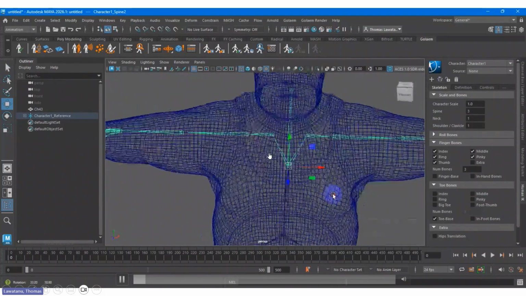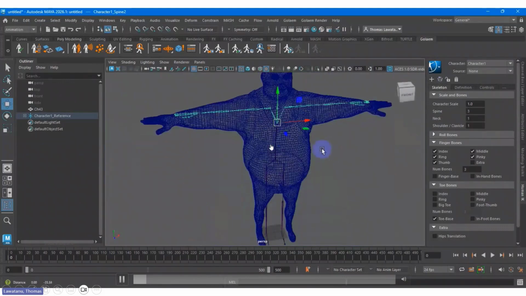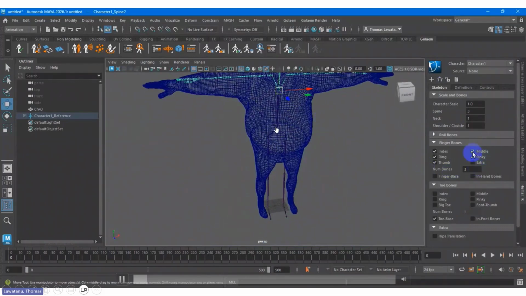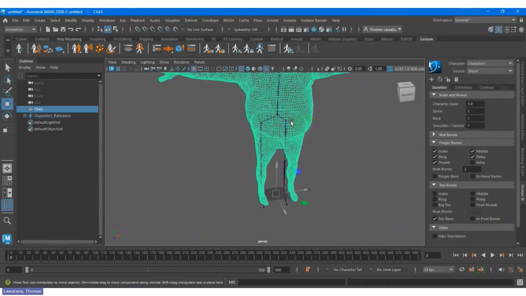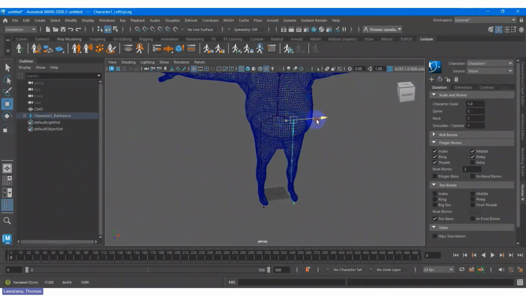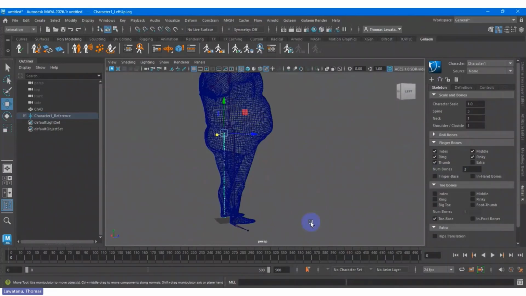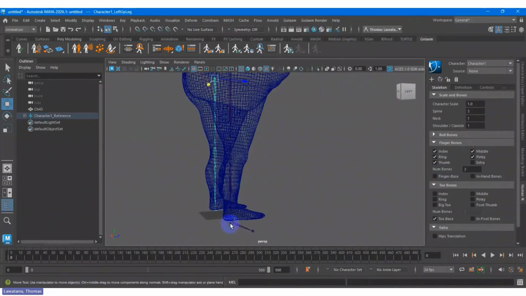Then for the next step, after you get the rigging, you can adjust one by one. It depends on the character. Let's say this is the character that I want to apply, so we need to adjust.